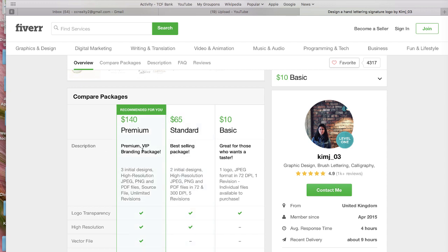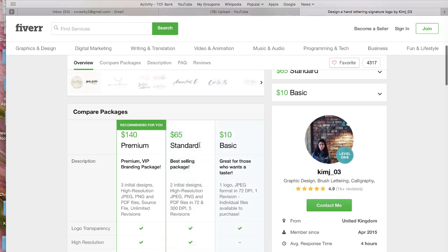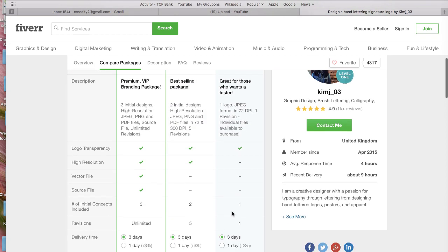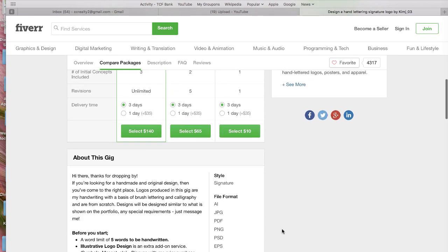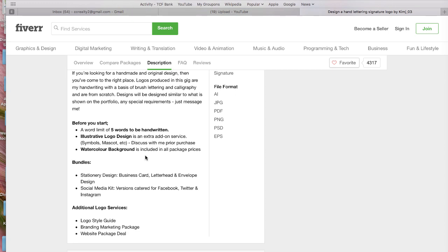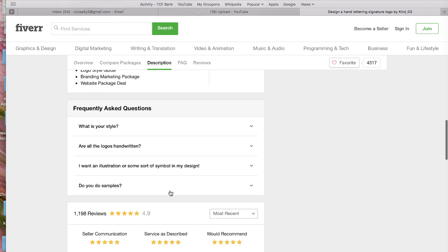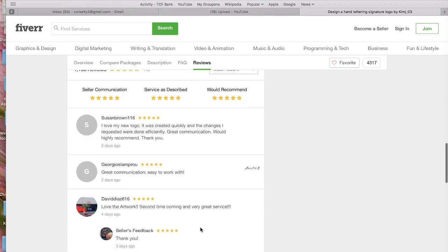Right here, it looks like she offers a package of some sort. So maybe that is the standard. Okay, it says it right here. The standard for 65, the basic is 10. So those are packages that this particular seller offers. Okay. And then if you go down a little bit more, some people will have a description of the job, the description of what it is that they offer as far as different services. Right here, if you're looking for a business card design, they can do that. All types of things. And then you have your frequently asked questions, and then you come up on the reviews